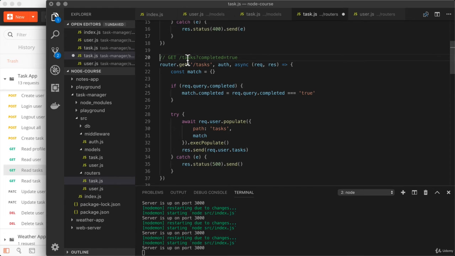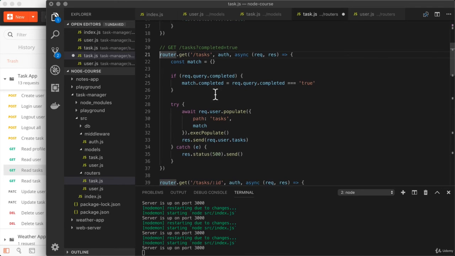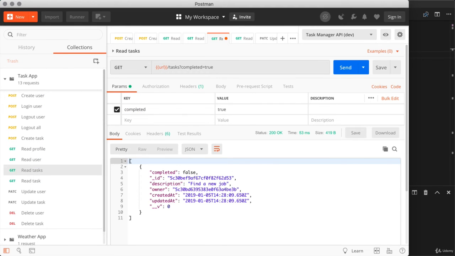Now that we have this in place, we can actually test out our work from over inside of Postman. I'm going to save the tasks router, and I'll leave this little line comment in place so we can remember the various ways we can request our data, and I'll head over to Postman, and the first thing we're going to need to do is create a couple more tasks so we have some more interesting data to work with. Now in this video and in the next 2, we're going to continue to modify tasks,